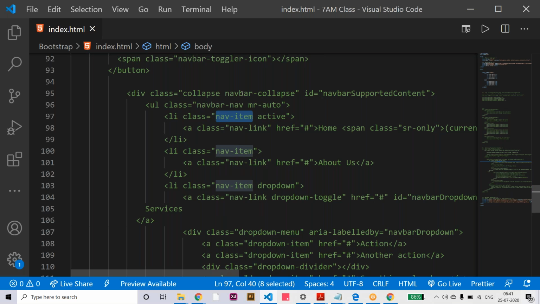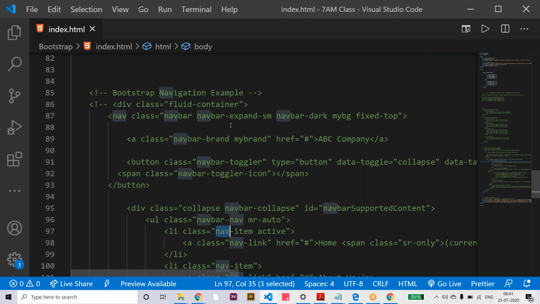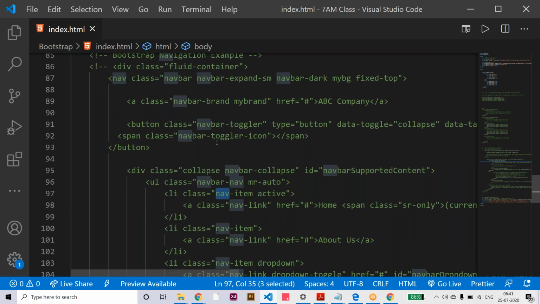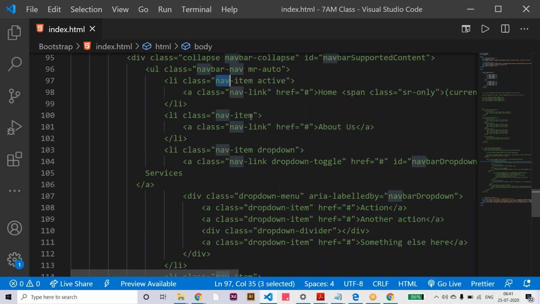You can see a little difference between each class, but the start is nav everywhere. You can see the highlighted nav everywhere: nav-item, nav-link, like this.